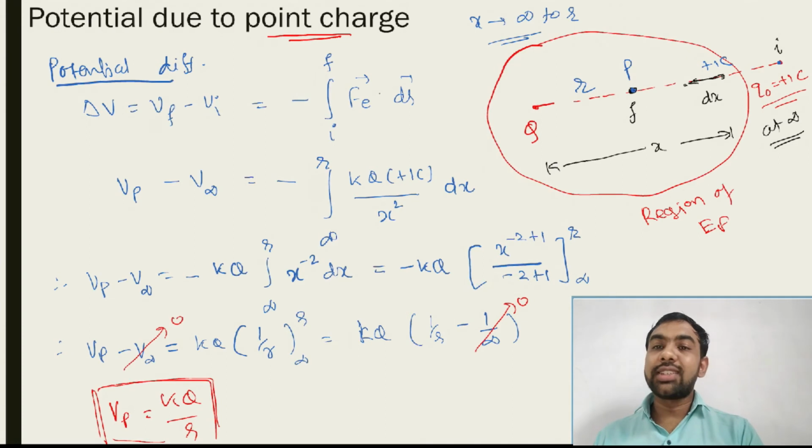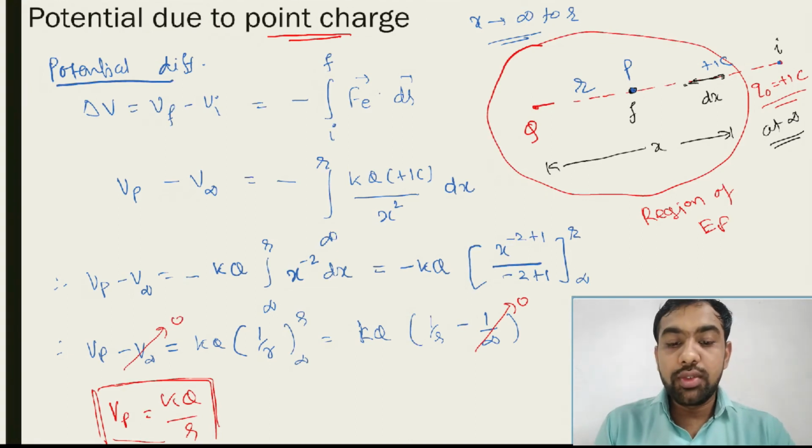Okay, so that is a simple definition, you must note it. From this definition you define the potential due to a point charge. So if you find the potential at any point due to a point charge, with the reference at infinity, the potential is given as Vp is equal to kq by r. That's a simple thing. Okay, all of you must note this full equation in your books properly.